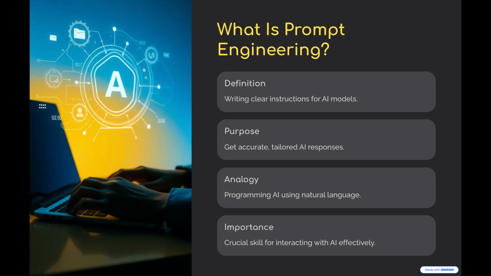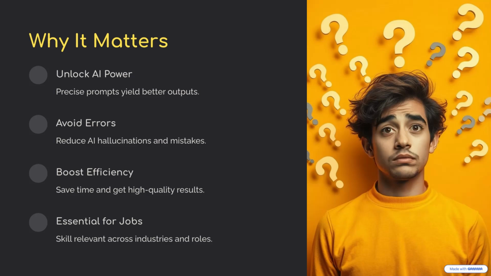So, okay, why is it actually important to get good at this? Well, the sources really hammered this home. Good prompt engineering is basically the key to unlocking the real potential of LLMs productively. If you just throw vague requests at them, you get vague, or sometimes just plain wrong answers back. It helps you steer clear of those AI hallucinations where the model just makes stuff up but sounds confident about it. Exactly. It's about precision, getting the specific thing you need for your specific task. You can't just tell it, write something, you need to guide it towards the right something.